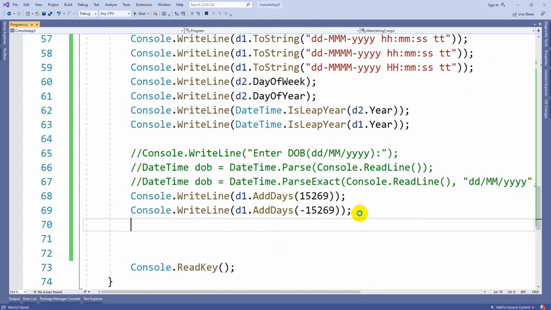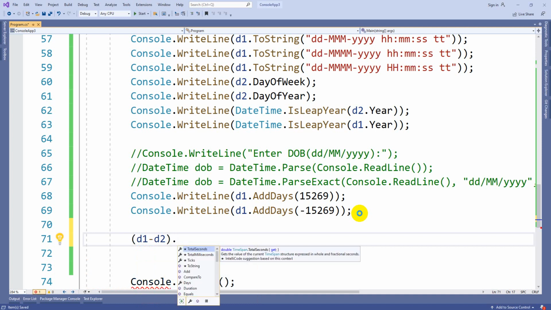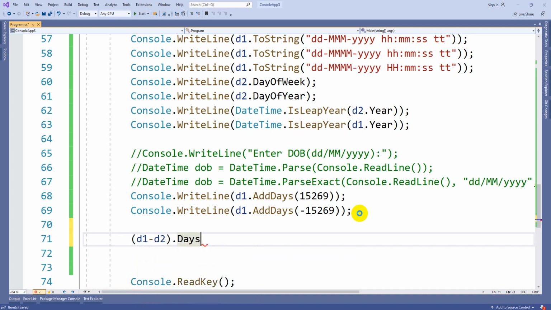Okay, now the last topic of this DateTime. Whenever you have two date intervals and you want to get the difference between them, which factor will we use? Suppose I want to calculate d1 minus d2. What is the interval that you are expecting? In case I want it in days, I can use double days equal to.